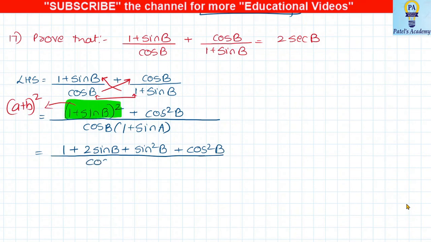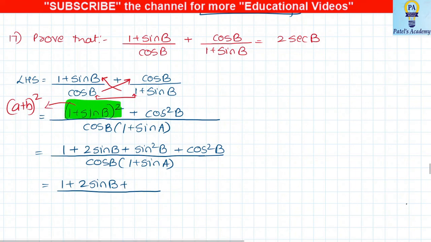Now again for this sum, students, I am not going to open the bracket. I'll keep the denominator as it is. Why? Within 2 steps you will come to know that. 1 as it is, 2 sine b as it is. Now see the part what I am highlighting with yellow, students. Is this nothing but sine square theta plus cos square theta as 1? So I wrote 1 for this. Again denominator as it is.